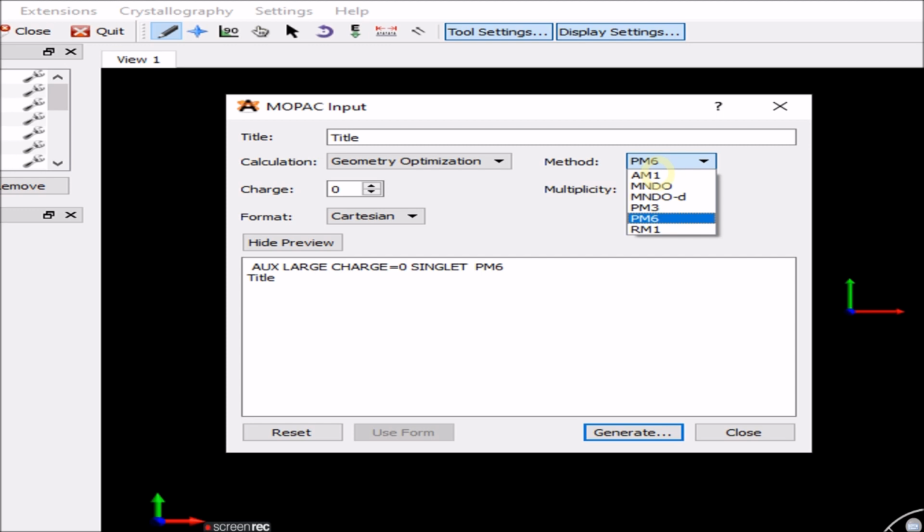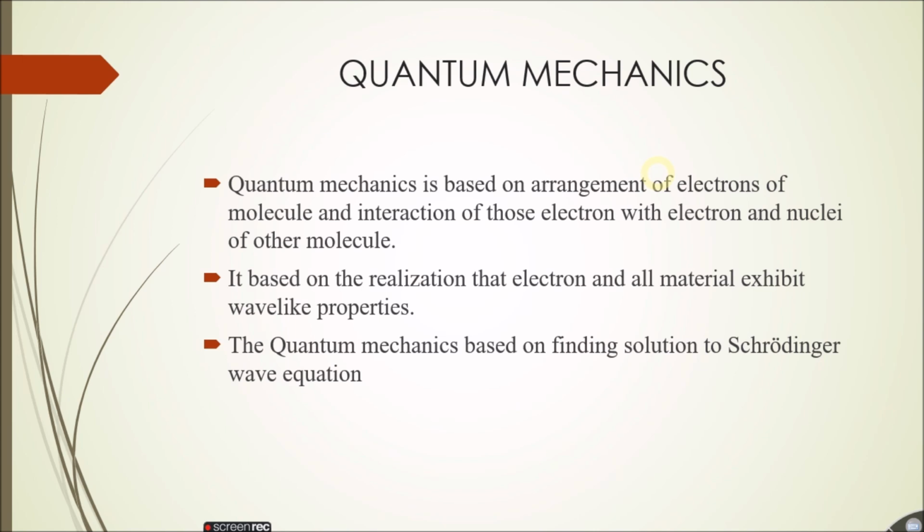The computer does a very good job for you by simplifying your work, so you need to know some details about how to operate the software and how to use the computer for performing your computational calculation to get accurate results. One such thing is that you should be aware of choosing the proper method, that is, a proper Hamiltonian for doing the calculation. So how did this Hamiltonian come to exist? For that you need a short idea about quantum mechanics. So let's go into that.